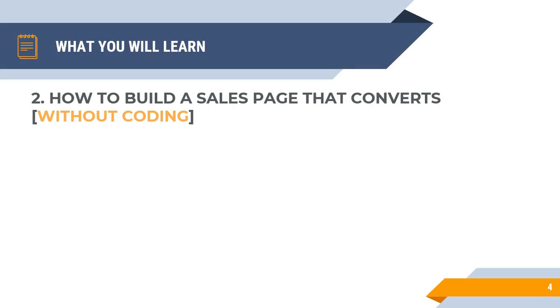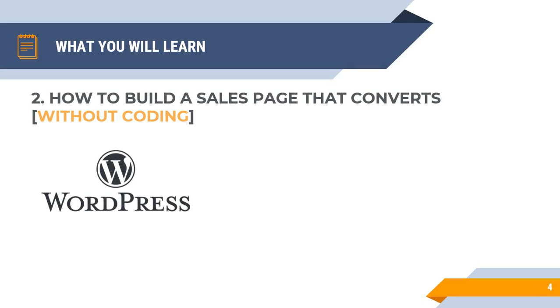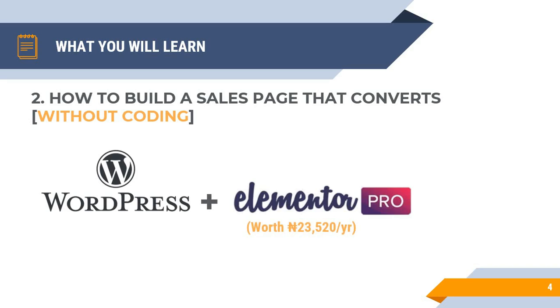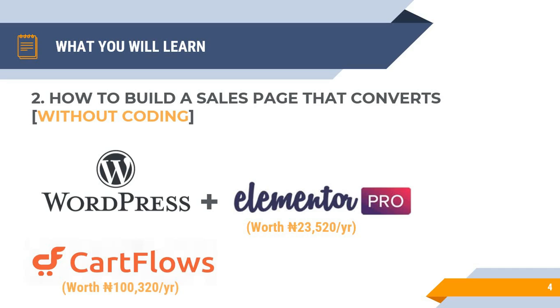You will learn how to build a sales page that converts without writing a single line of code, using WordPress, and we're making use of Elementor Pro, which is worth 23,520 naira per year. But never mind and never worry about the price. You're going to get all these for free. You're going to use Cardflows, which is worth 100,320 naira per year. But you're going to get all these for free, without yearly renewal, just because you subscribe